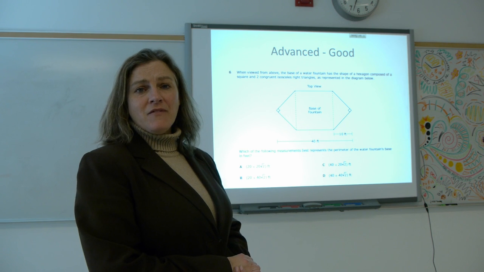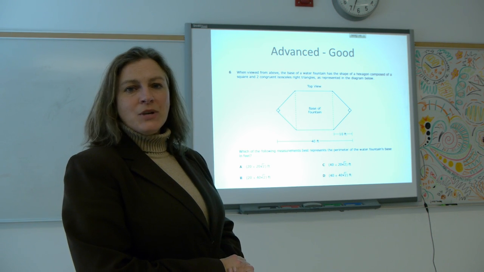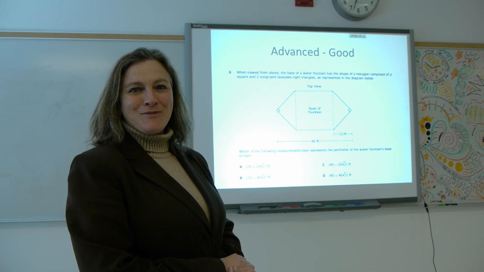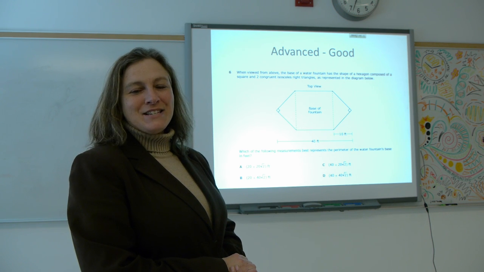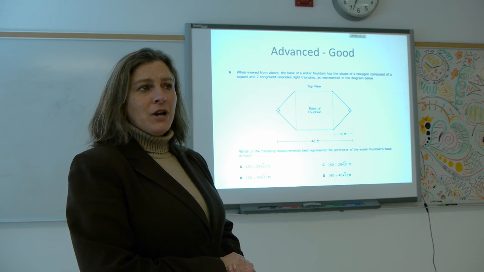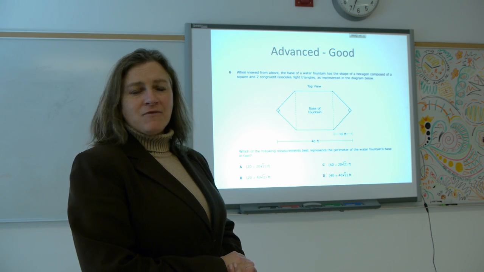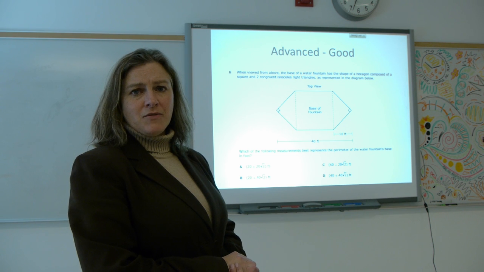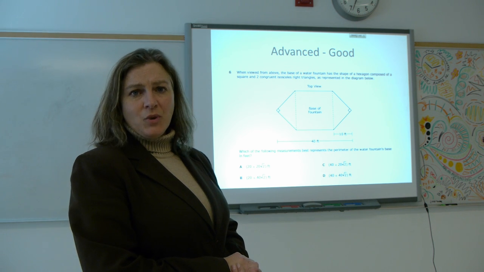This is an example of an advanced level question, I think. It's really only asking for perimeter, which is a standard geometry standard or objective. However, in this case, the student has to first of all find the perimeter of a composite figure. And the composite figure is not clearly labeled for you, so they have to use a lot of their prior knowledge, which is isosceles right triangles and the relationships of the sides, in addition to what they know about perimeter,